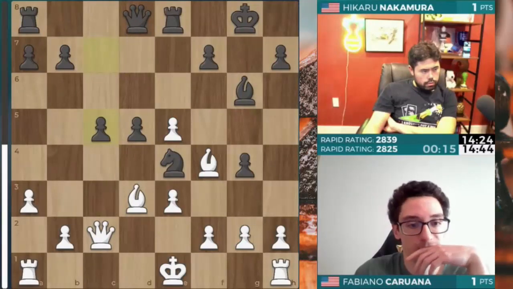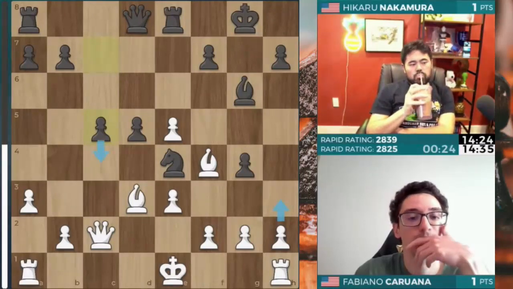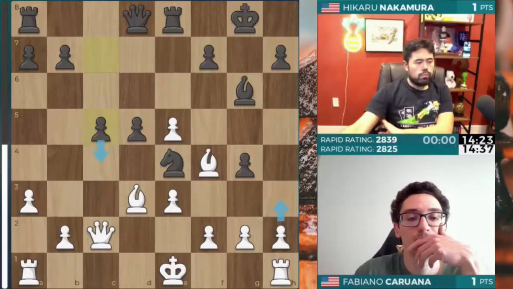He can play h3 in the future, but Hikaru is holding nothing back. He throws that pawn forward with c5. We say it time and time again, the best way to defend your king if it's being attacked is often to strike in the center. Yeah, really nice move. So now this little